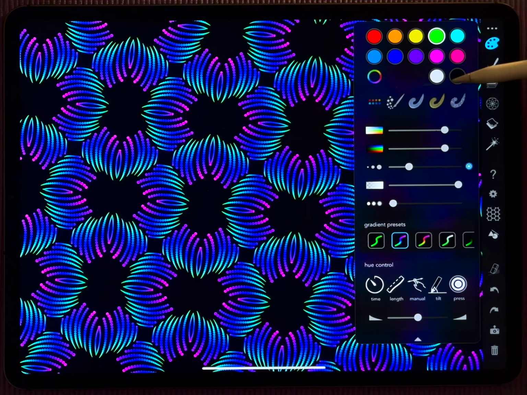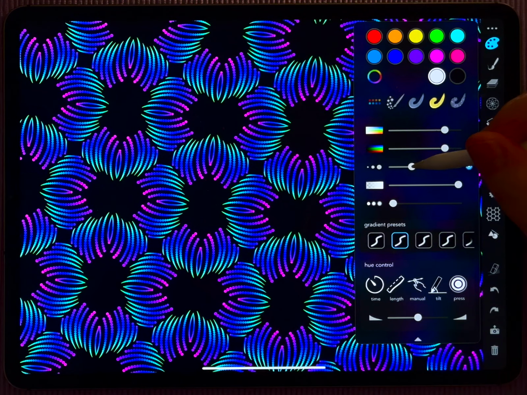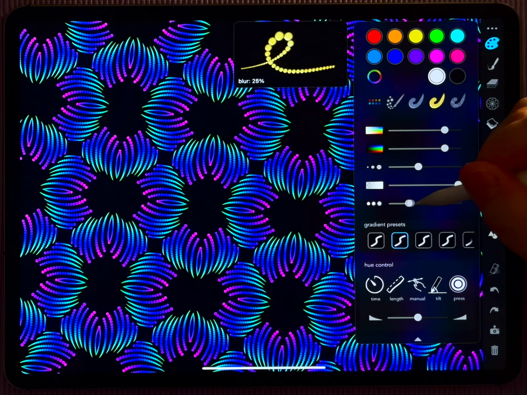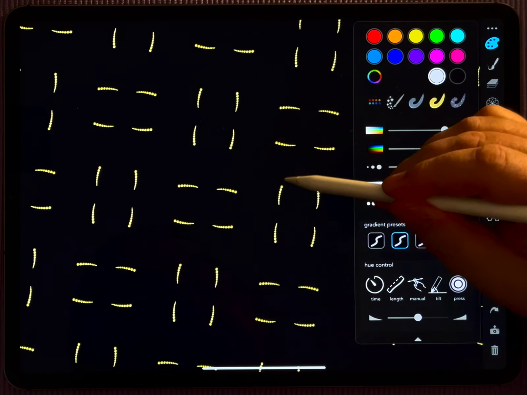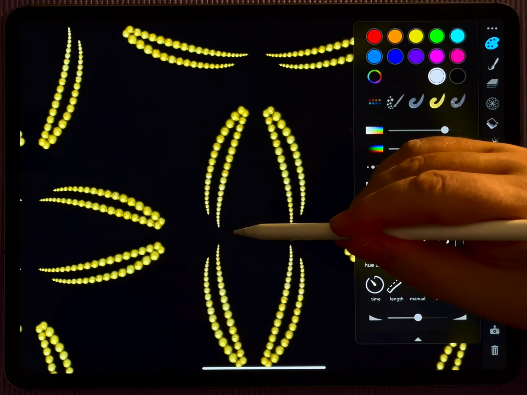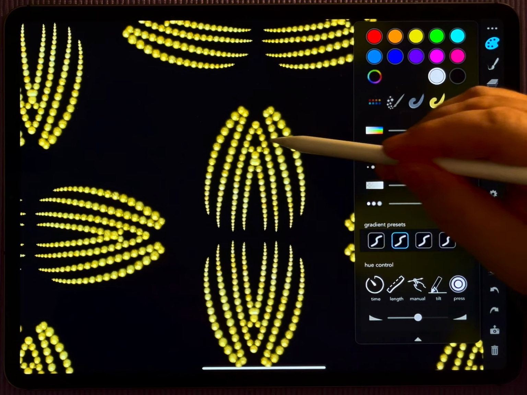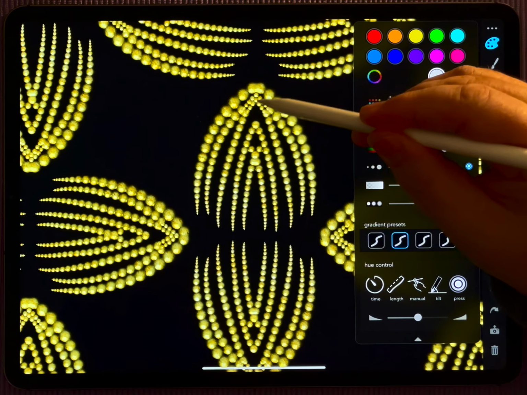Another important point is that these dots nicely go together with the gold pen. I've chosen this sequence of dots, and look what happens if I turn on the blurriness. Look at the stroke preview. You see you get nicely embossed dots, and let me just, with the same symmetry pattern, show you how that looks like. So you really see you get this kind of string of pearls that goes through your drawing,